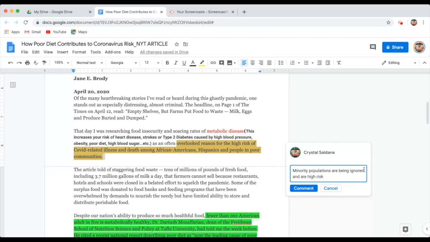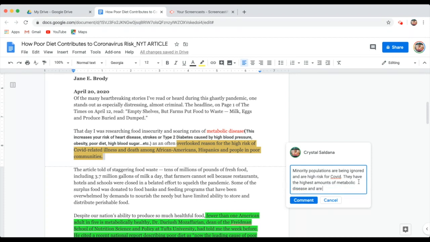Notice how I can't spell for COVID. Okay, and then they have the highest amounts of metabolic, and I got fancy because I was using the information above, metabolic disease